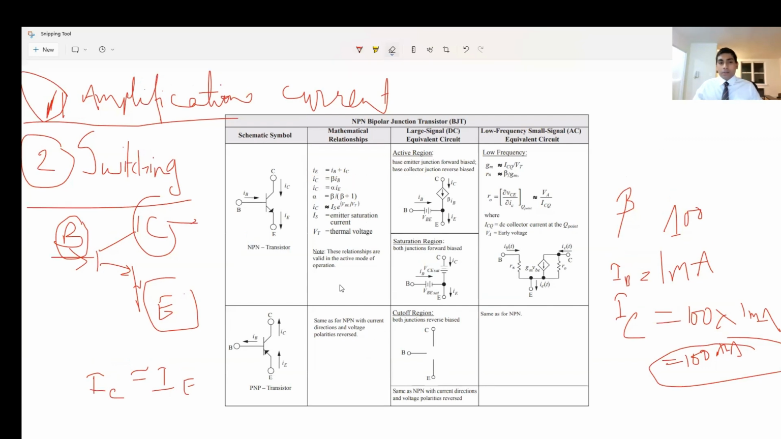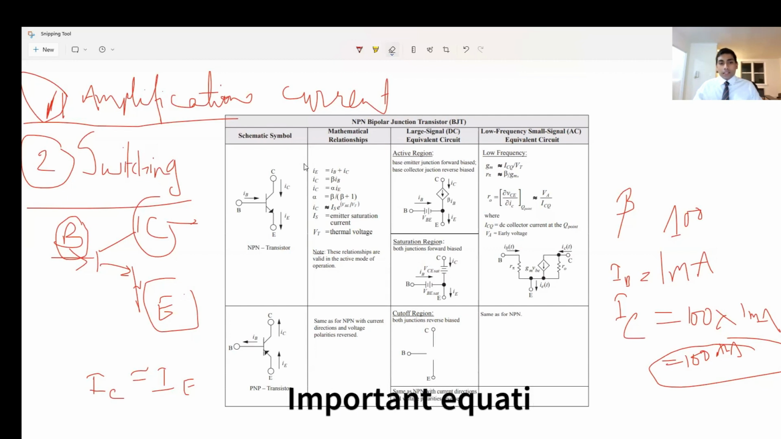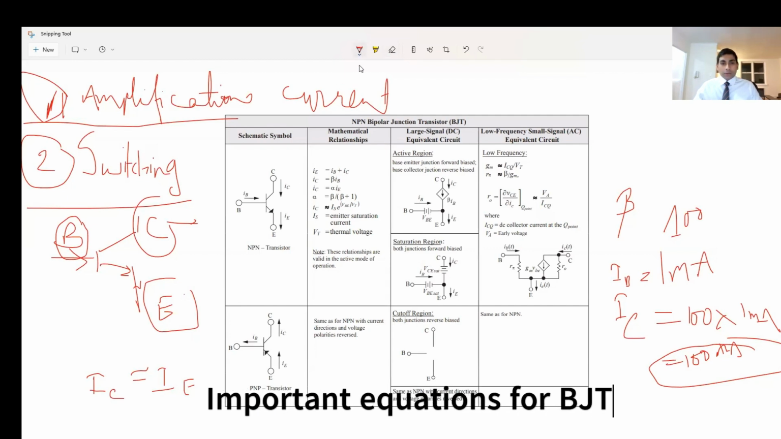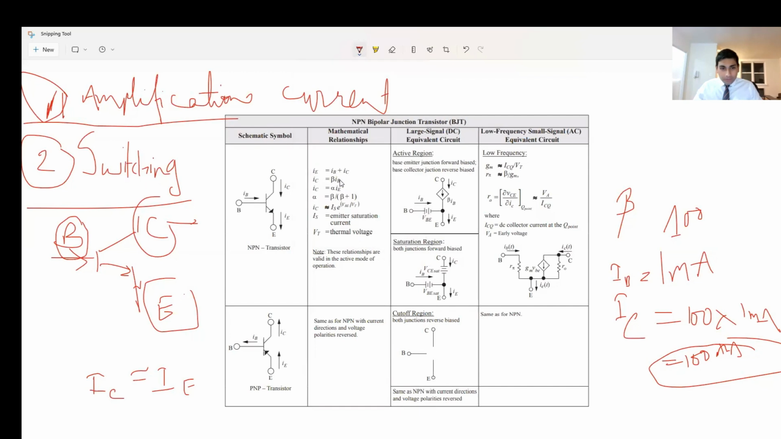Okay, but let me just go through the equations, the ones that you basically need to know. The first one is this one, which I just discussed. So IB is your input base current. When you multiply it with the beta, which would be given to you, you would be able to calculate the collector current. Now, as I said, collector current is approximately equal to emitter current, but it's not exactly equal to,